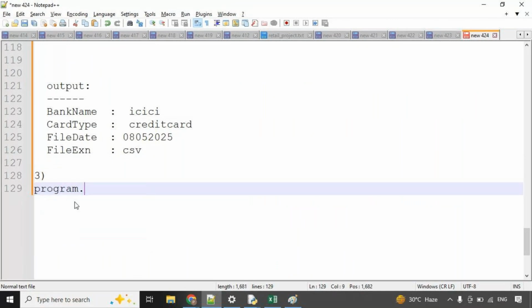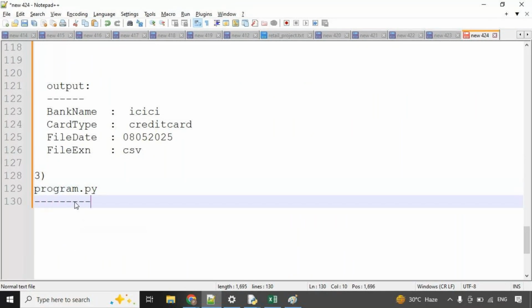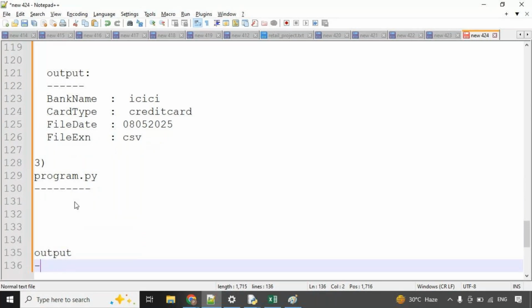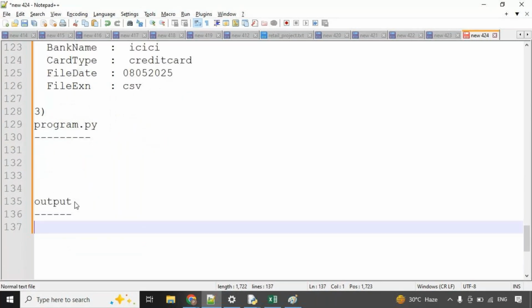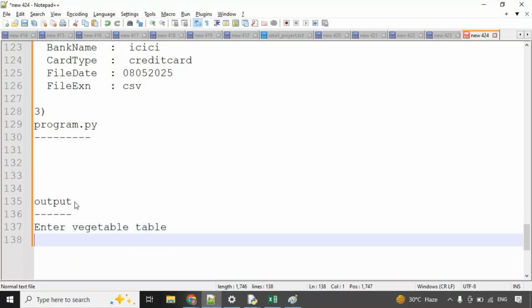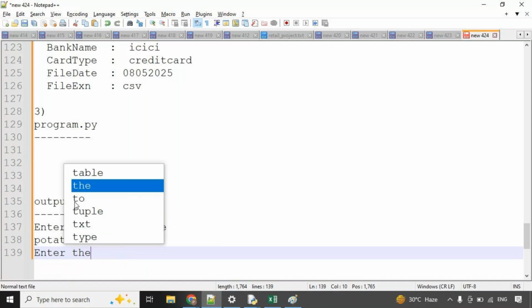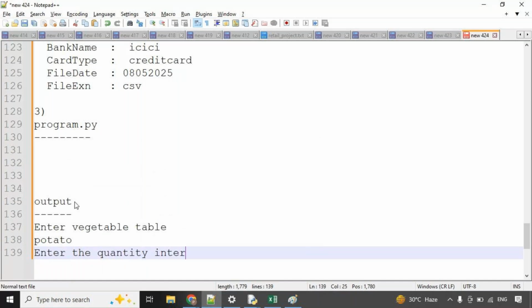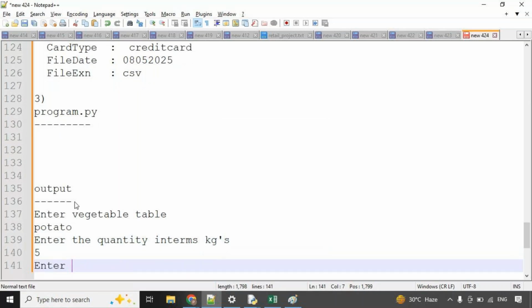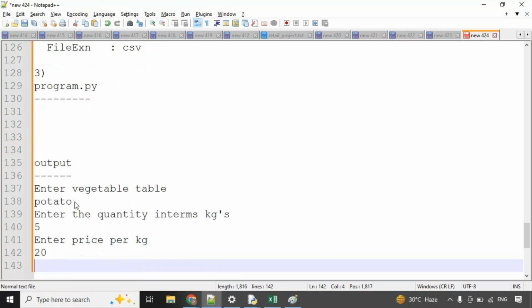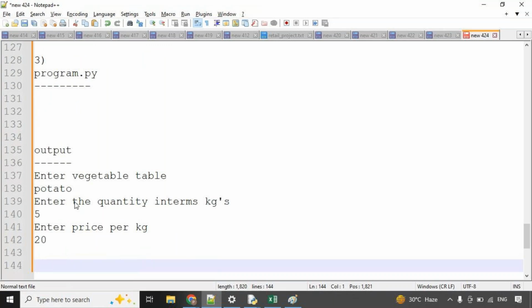So I have to write a program such a way that when I see the output, enter vegetable name, potato, enter the quantity in terms of kg, 5 kgs, enter the price per kg, 20 rupees. Okay. Now I want output like